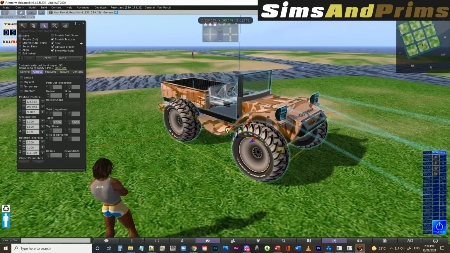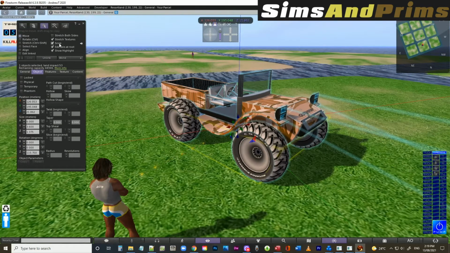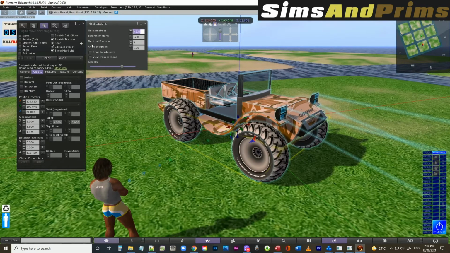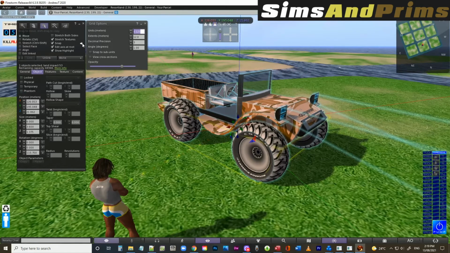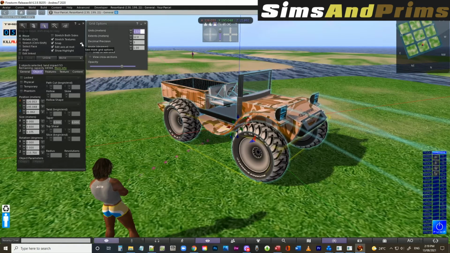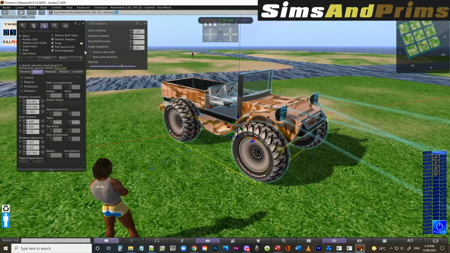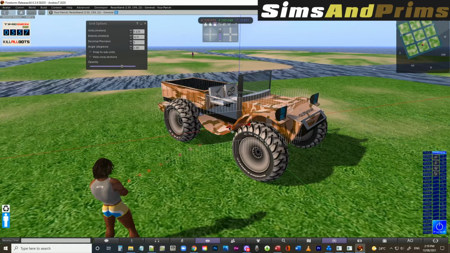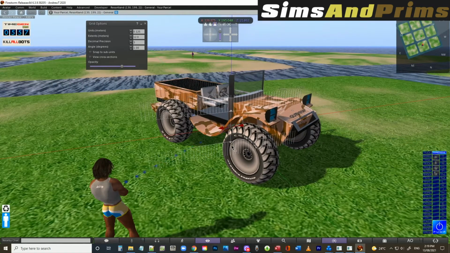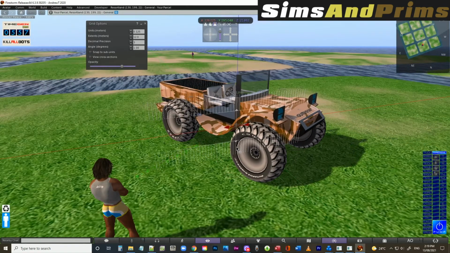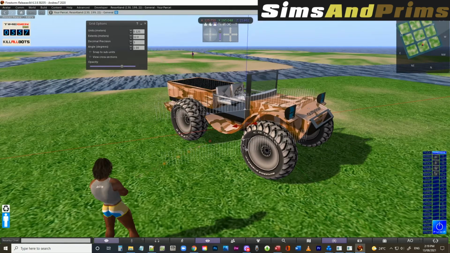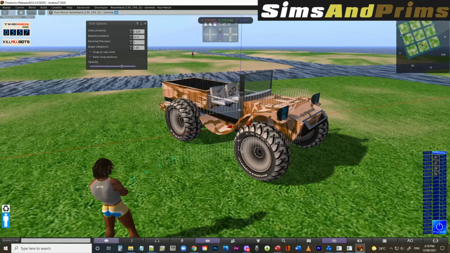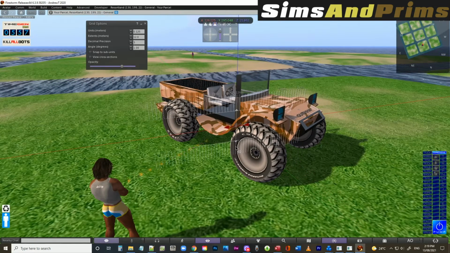Righto. So see this thing here called snap, and you might remember I told you to set that to 0.125 in the introductory tutorial. What that means is it creates a little grid. So I'll just click on the red button there and see all of these little lines. Each one of those is 0.125 of a meter. So I know that when I see how it snaps, each time it's going to go to the nearest